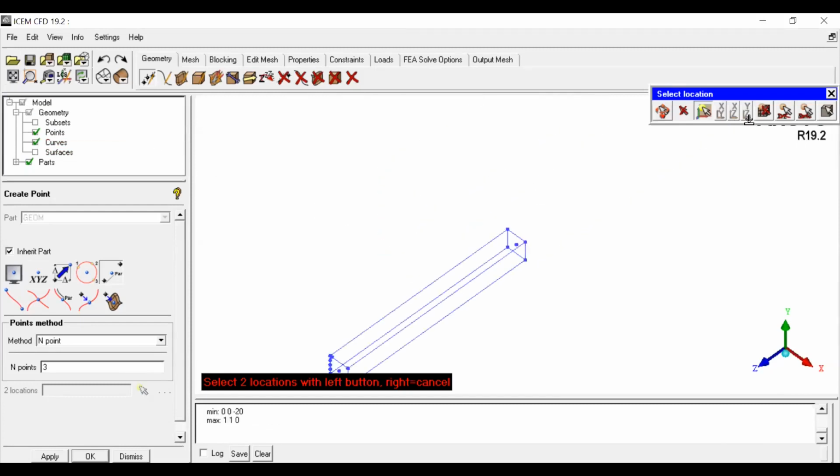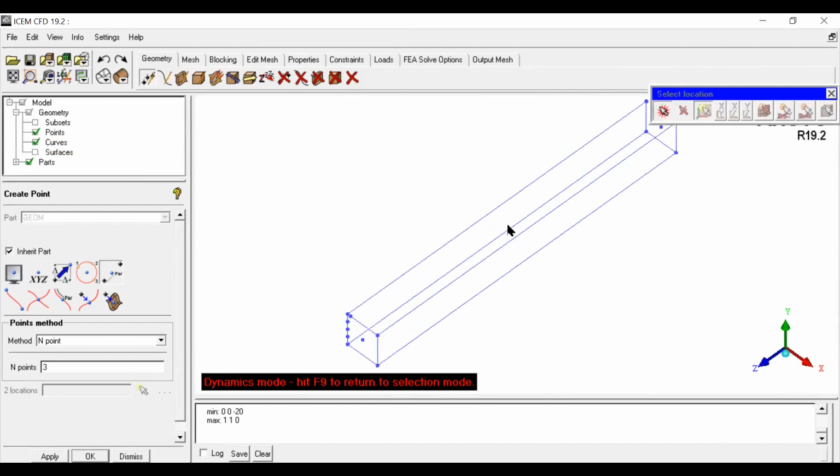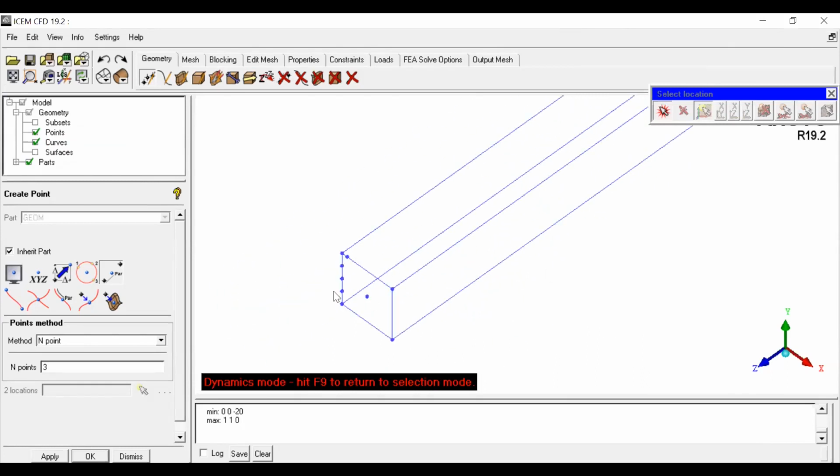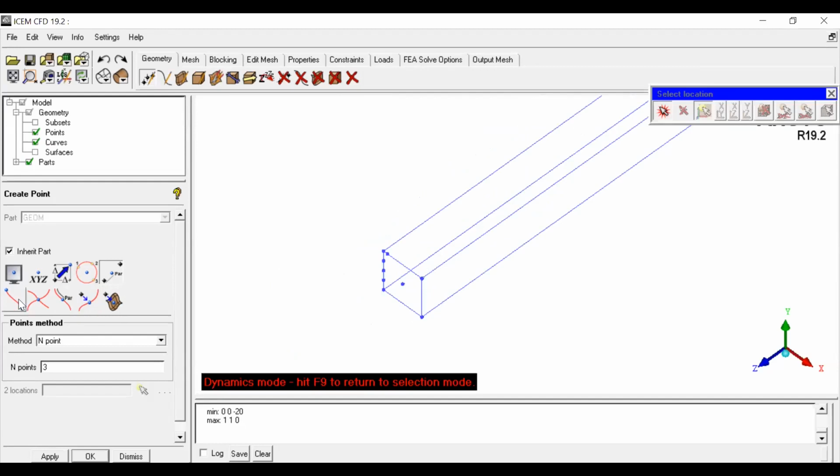So we have explored this command also, generation of points on a line. Similarly, you can repeat for the other methods. Let's say I selected this line. So this is actually points, no? Similarly, you can create parameters on the line.